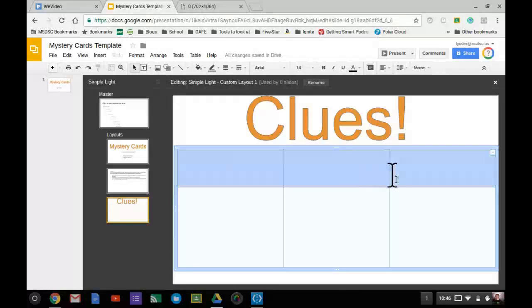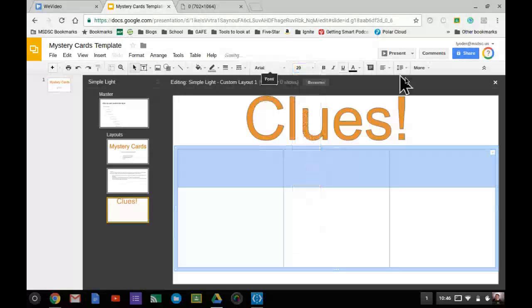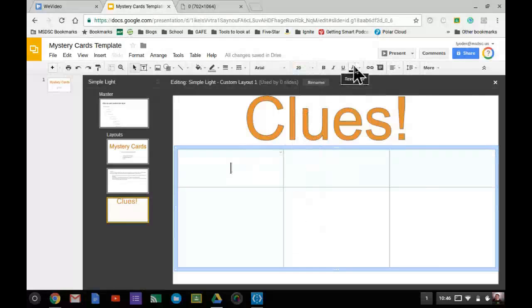Here, I'm going to highlight this table, or the top row, I should say, and I'm going to make those all centered. And I'm going to change the font size to 20 to make it a little bigger. And then for this box, we're going to make it